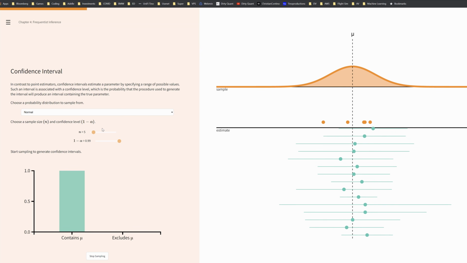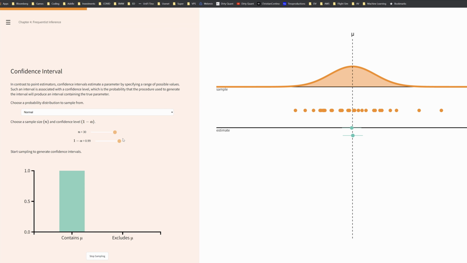Most of the time you're testing whether a variable is 0, when you're doing betas and t-tests on those. You're asking, is 0 a valid number? As in, could this possibly be 0? Because you're making a point estimate, and yes, it's 1.7, but how likely is it that it's just 1.7? It's probably that I've got a bit of noise in my data. I'm not quite sure. So, is 1.6 a valid number? Well, probably, yeah. So how wide are we going to make this? If you include 0, it says 0 is a valid number. Well, that variable is pointless, right? You've got no data there. What if we pump this up to 30? It's really starting to tighten our variance. This is cool. This is very, very cool.